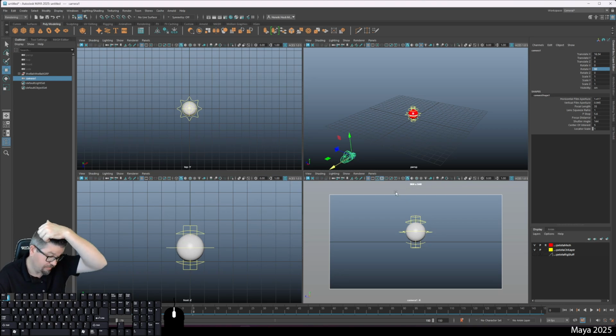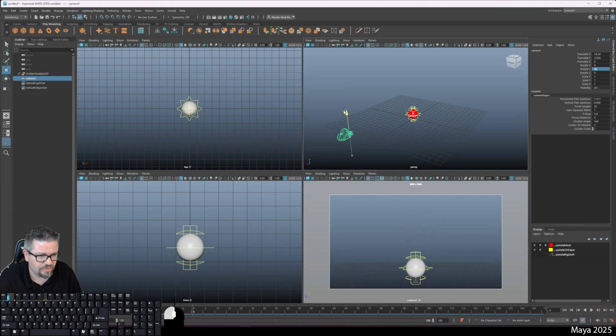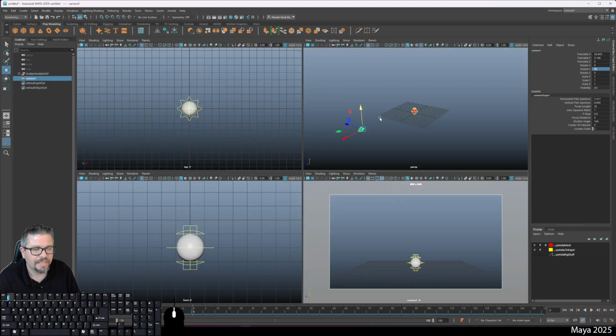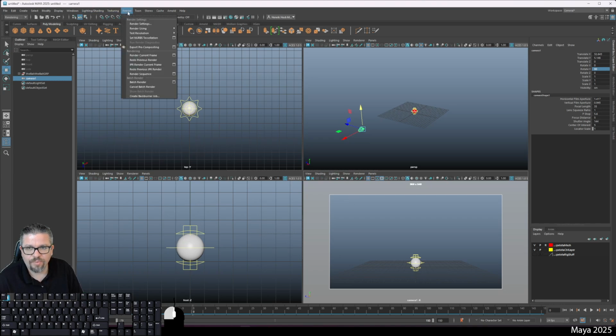If yours is something different, that's fine. I'm going to show you how to change it right now. But the point of this is to make sure, and I'm just going to bring this back far enough so that I can still do it in here, right? I just like to do it with the arrows because I know I'm exactly perfect on the axes. I'd say that's pretty good. I'll go with that. So what I like to do is I'm going to go to my render and my